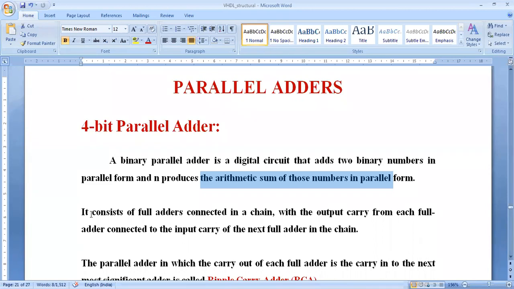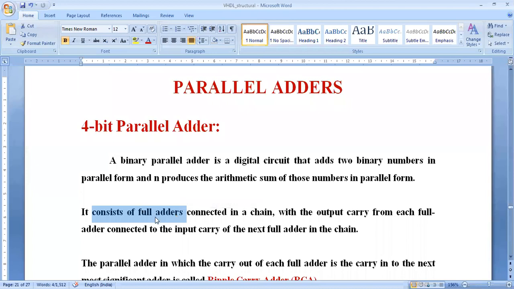What does this parallel adder consist of? For parallel adders, we will use full adder circuits. We know what a full adder is. A full adder has 3 inputs. A and B are the real inputs. C is the carry in, which is the carry from the previous operation. It may be 0 or 1 depending on the previous operation result.